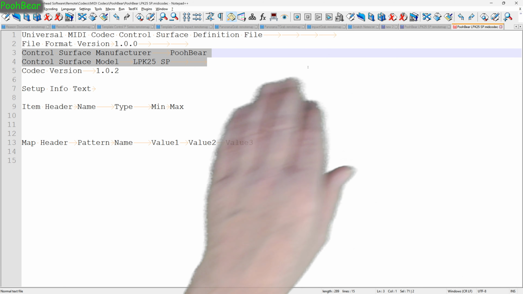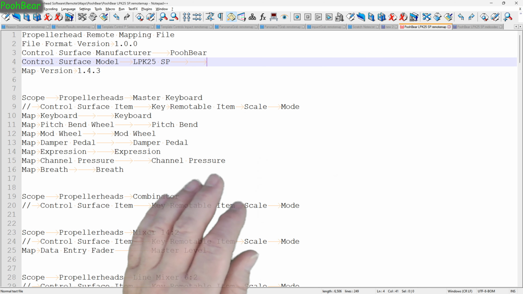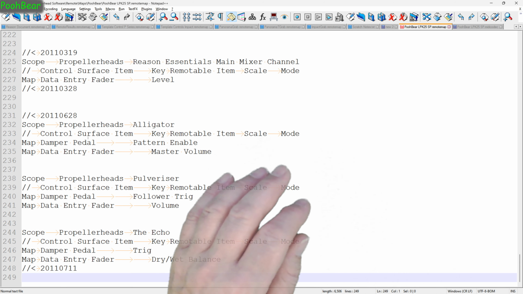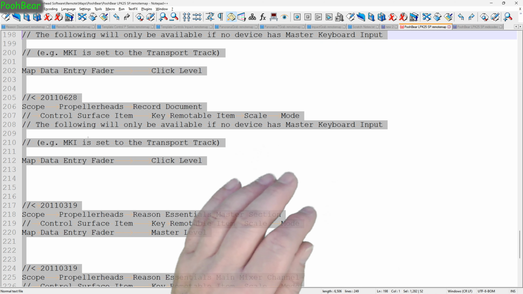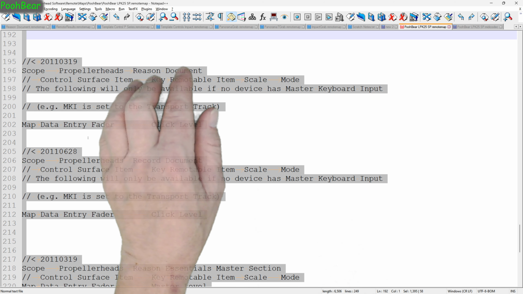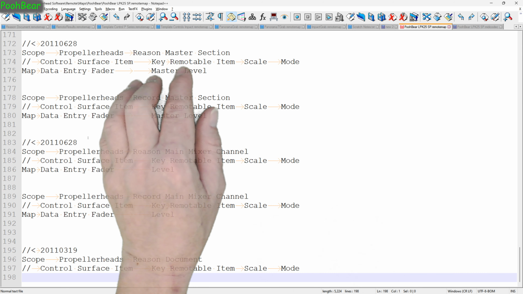Okay, that's bare bones. I'm now going to turn this into its bare bones. I'm going to do it slightly different. So I'm going to go to the end of the file to start with. And I'm just going to come back up because I know what this file looks like. And what we're going to play around with big time in this is to do with the Reason document. So I'm going to delete out everything from there. And then I'm going to go from here, go